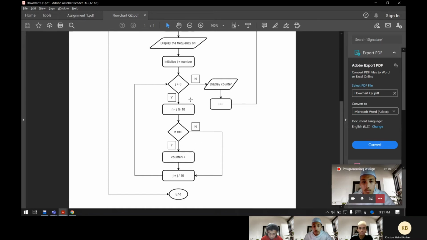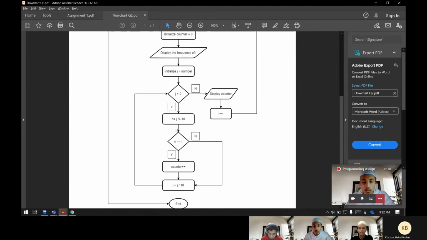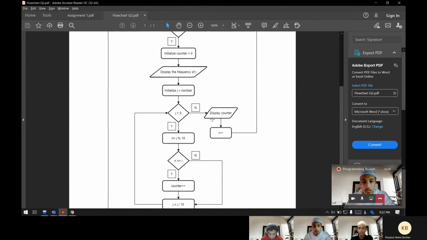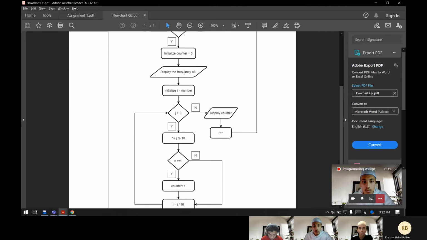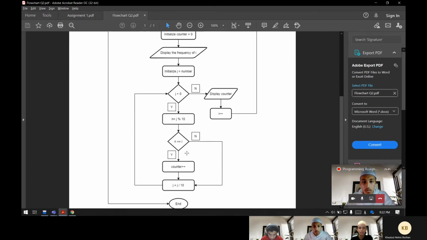And the last number is 2 and the counter will not increase because 2 is not equal to 1. Then after the loop has completed, the program will display the counter, which is right now 2. Then it will continue the loop. And the second is I is equal to 2. Then it will continue until I is equal to 9. And after I is bigger than 9, the program will end.